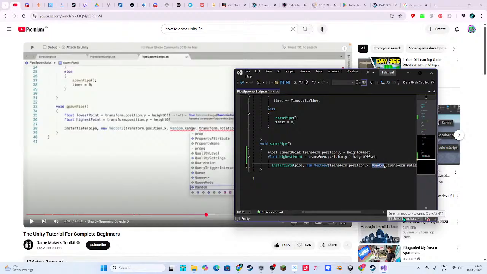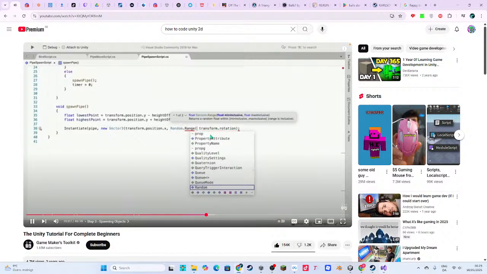In the brackets for Random.Range, we can supply a minimum and maximum point to pick from.